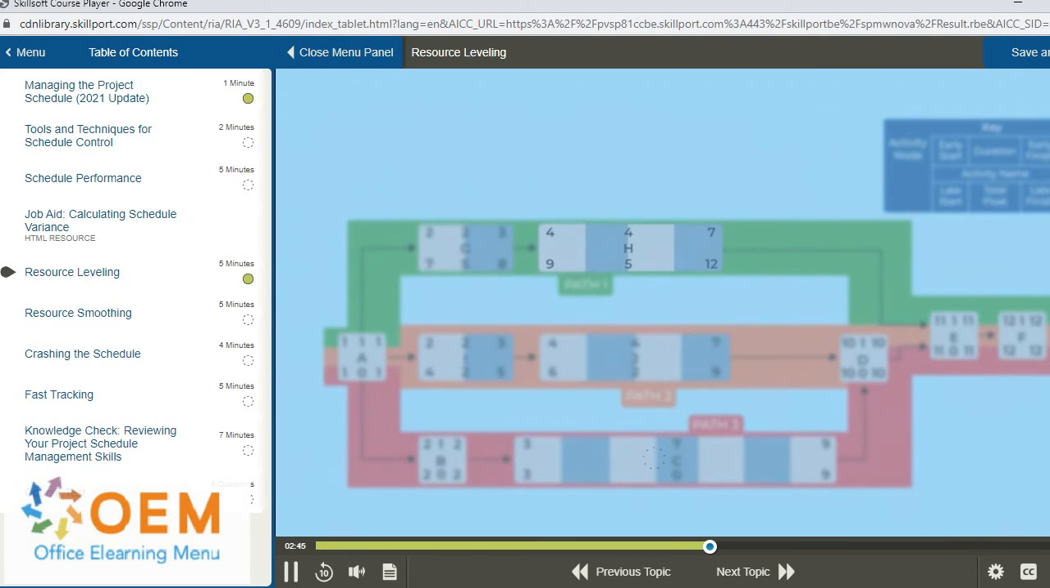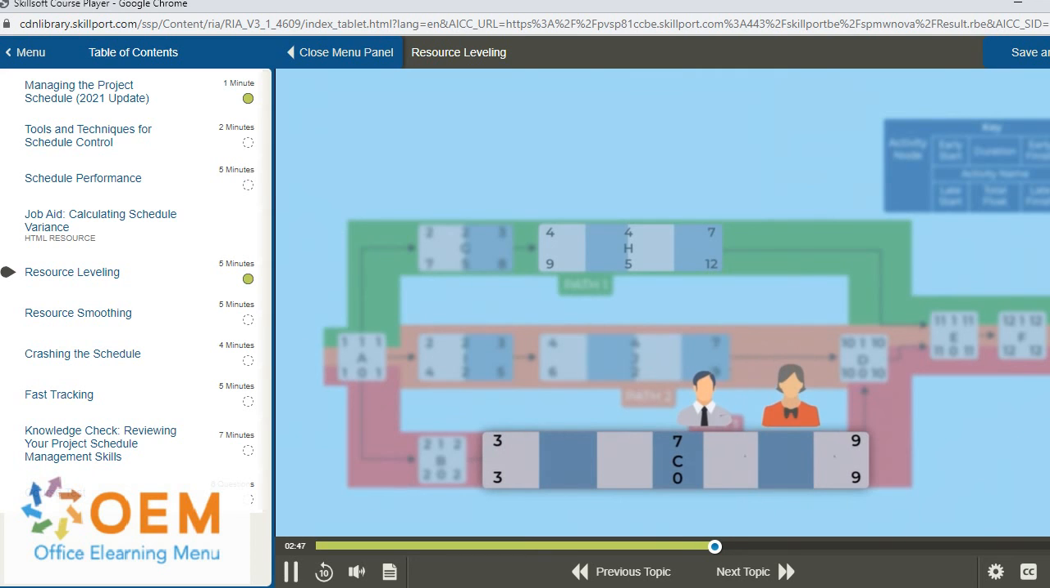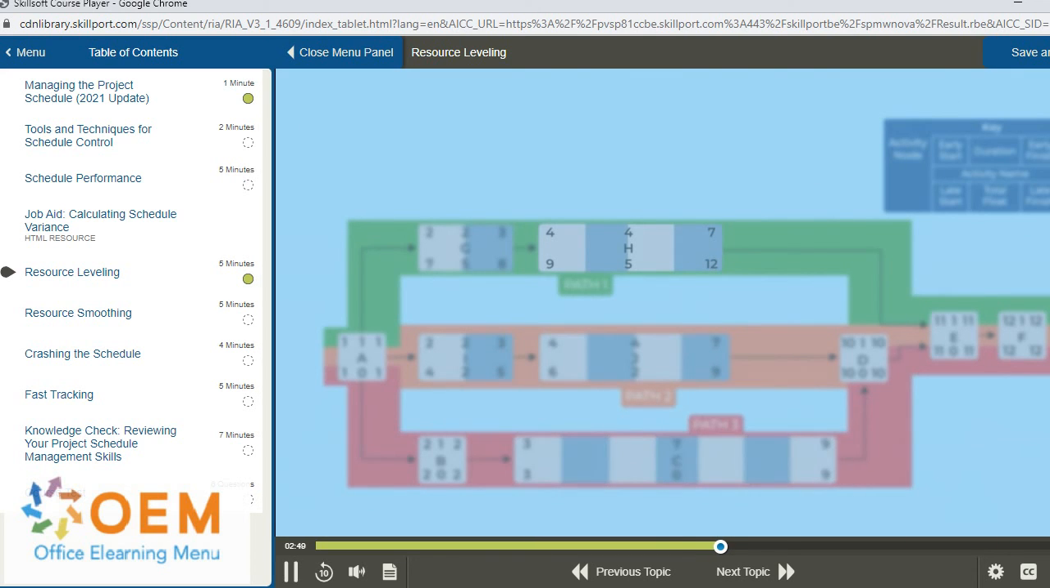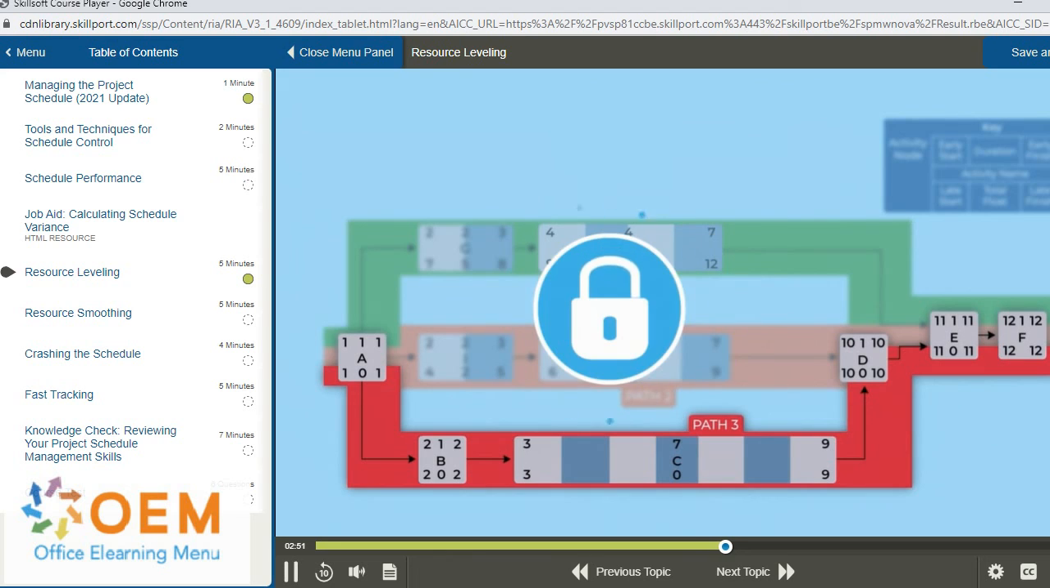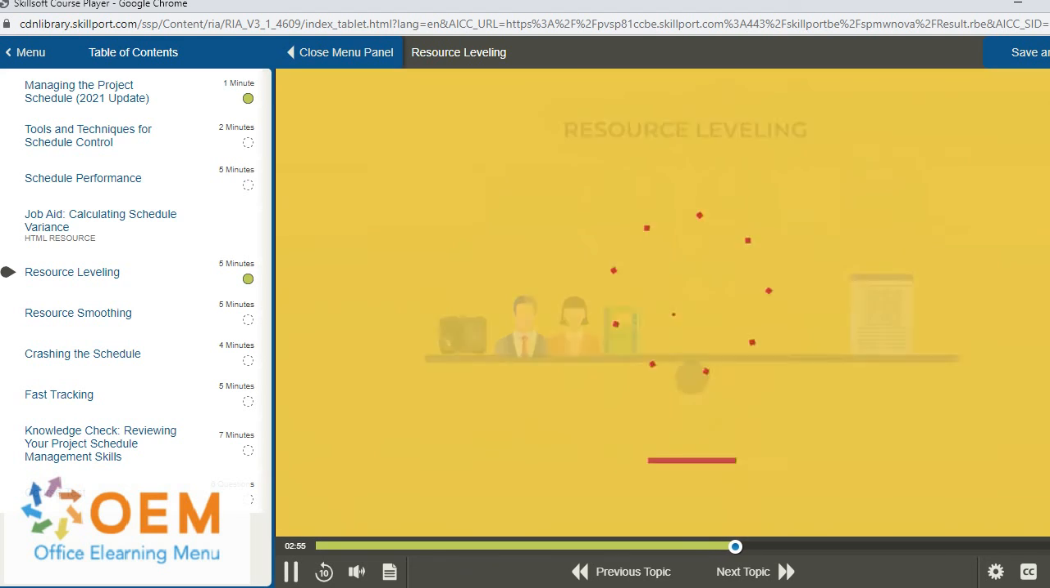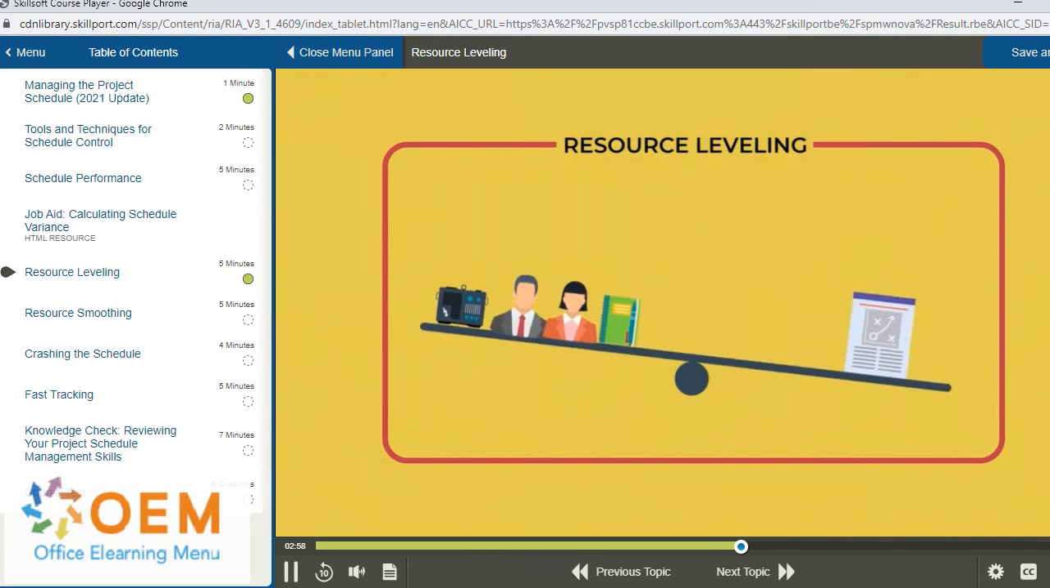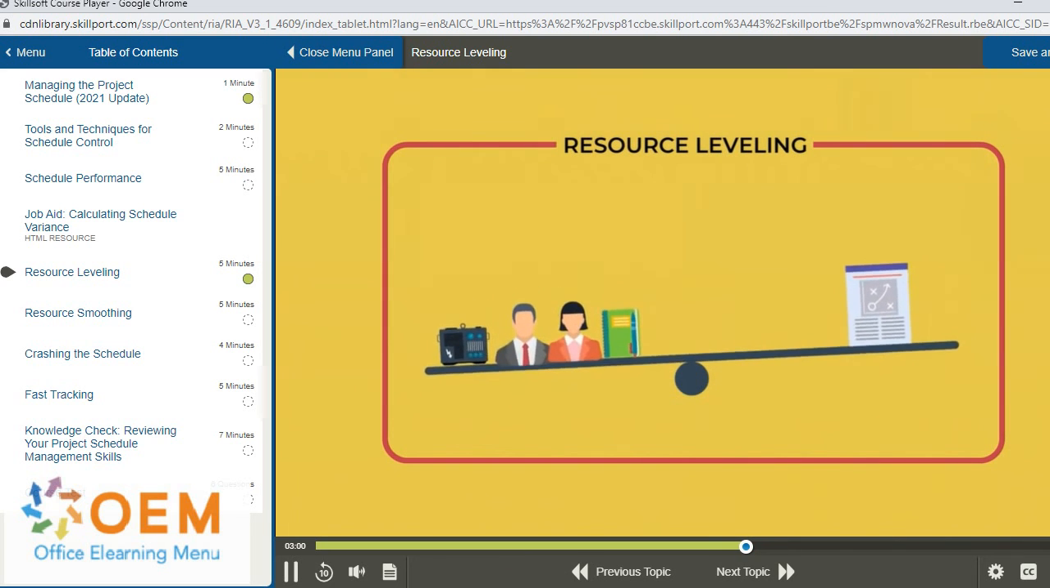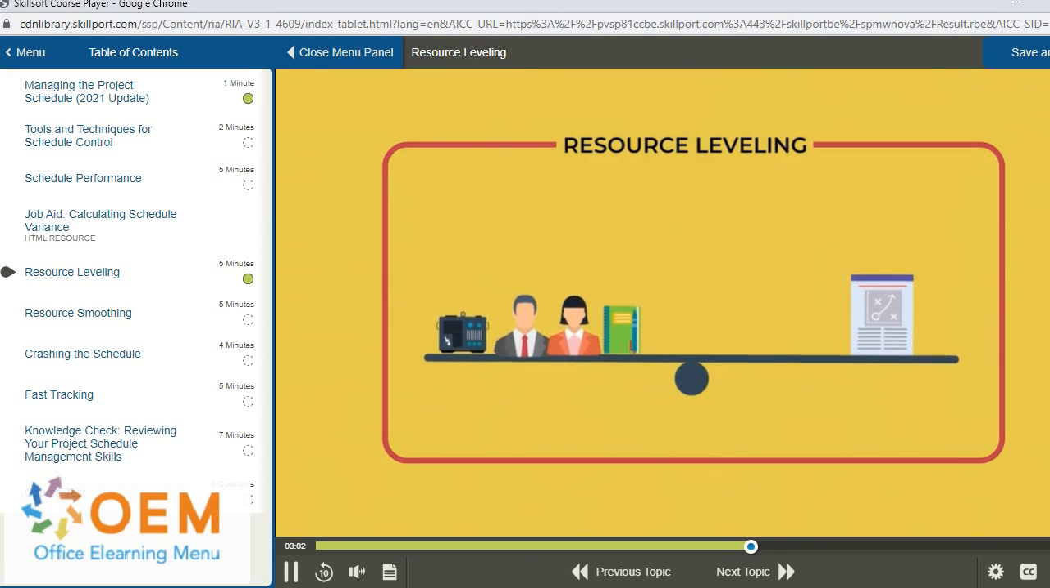And because you were able to shift 2 resources to activity C to replace the 2 lost resources, the critical path has been protected and the overall project schedule can be met. This is an example of resource leveling. Resource leveling is a way to balance resource availability with the demands of various